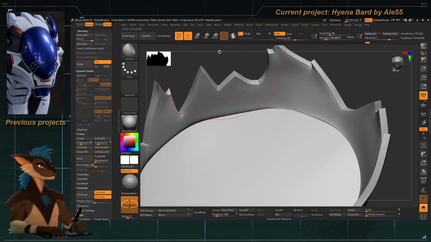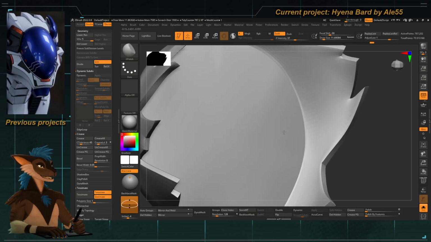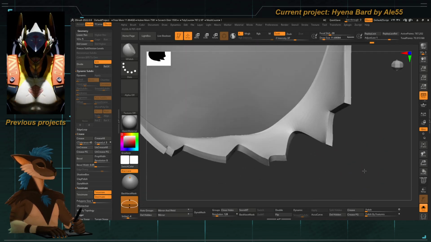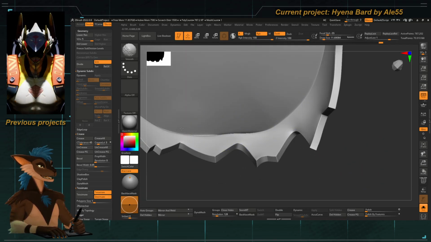Okay. I'm not that concerned about the inside, because odds are we're never going to see that. But it's good practice to still have a small